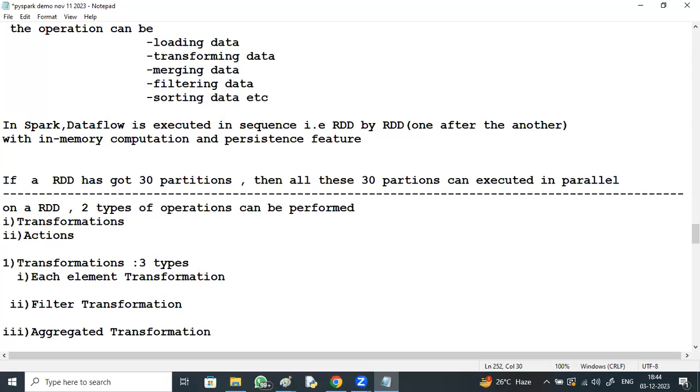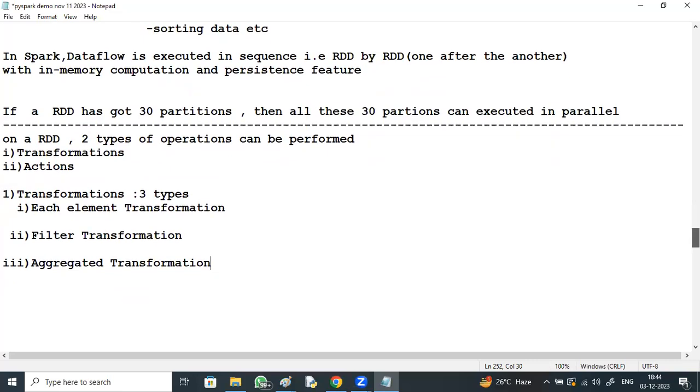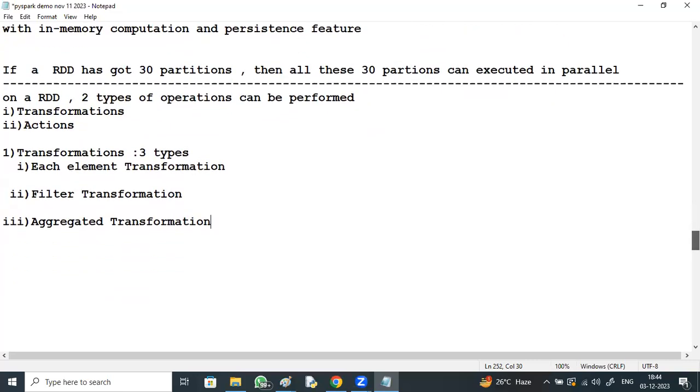Each element transformation, filter transformation, aggregated transformation.